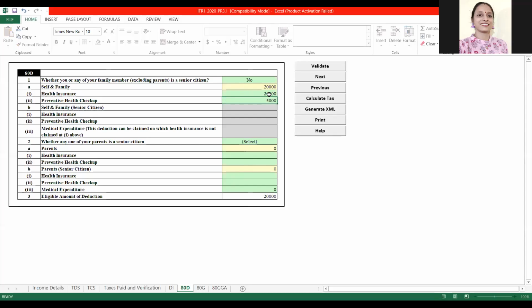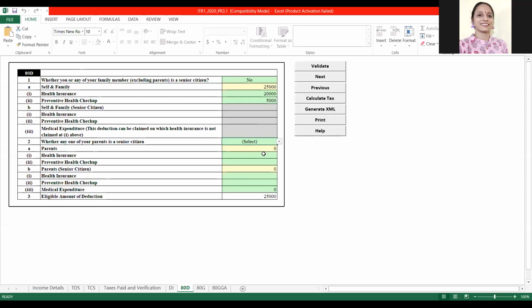Now, preventive health checkup is a vital thing in today's world, because after 35 years of age, we should check ourselves at least once or twice a year, and because of which preventive health checkup expense is allowed as deduction. And the mode of payment can be anything. Even cash payment is allowed over here. The 20,000 Mediclaim which I pay should not be in cash. It can be by cheque, or it can be through internet banking. But in this preventive health checkup, I can pay in cash also.